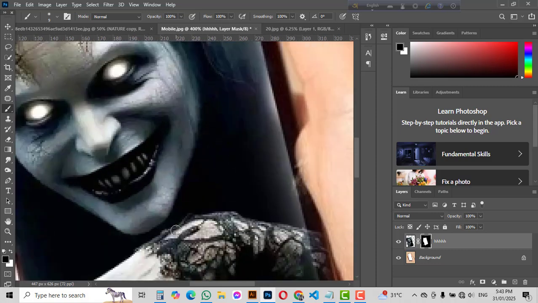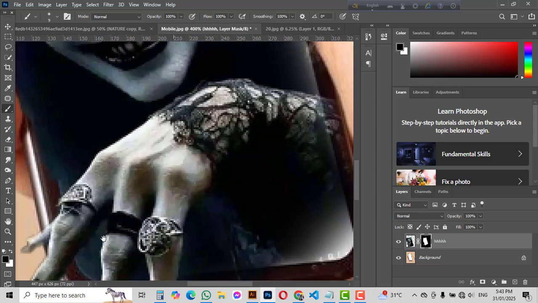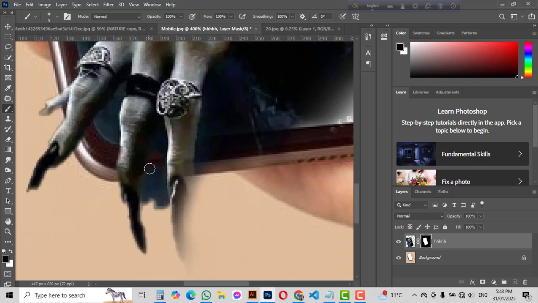Now to make it correct, we have to take the brush tool and delete the unwanted part, or make it more smooth. It is really easy. You can practice. You can practice more and more. Then you will be